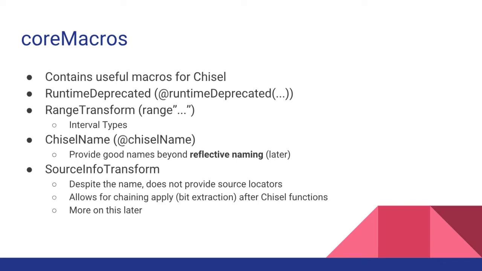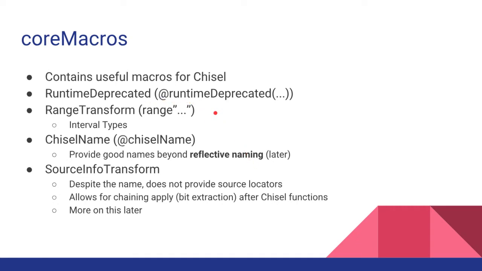Okay, so we have the macros for Chisel. Some of these are runtime deprecated. In Scala, there's already a deprecated macro, @deprecated, and when you mark something with @deprecated, then the Scala compiler will give a warning for it. The problem is that people frequently don't have that warning turned on. I don't know why it's not turned on by default, but it's not. So we added our own thing to make sure that people see this, called runtime deprecated, and this is at the end of Chisel elaboration. We print a really annoying message that many of you are probably familiar with that tells you that you use deprecated functions and tells you which ones you used and how many times you used it.